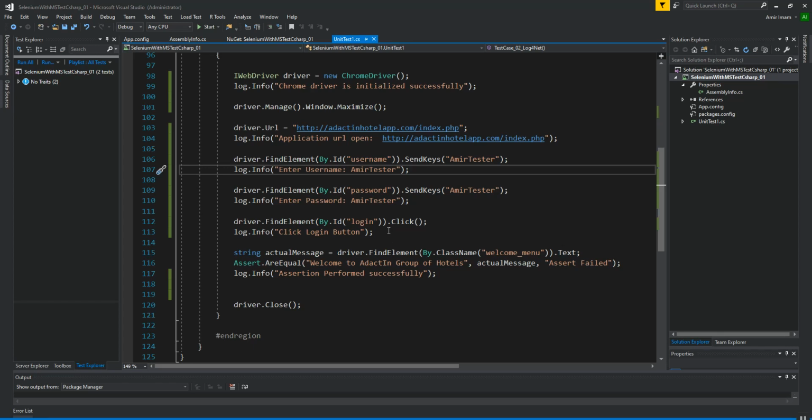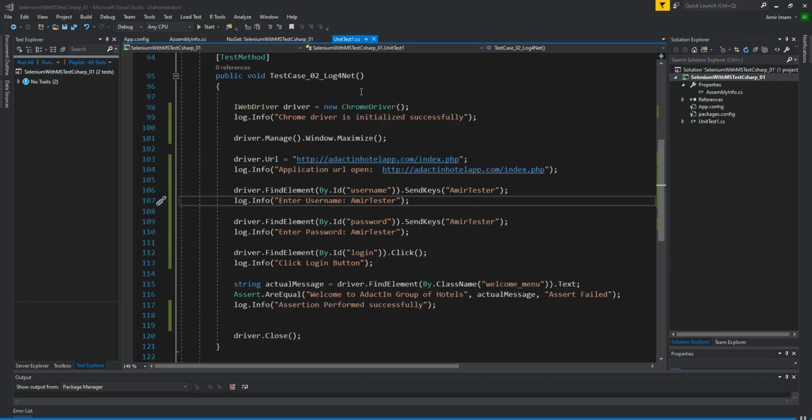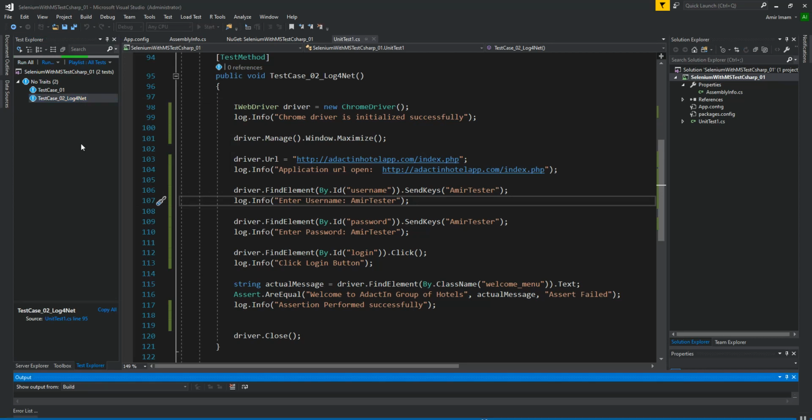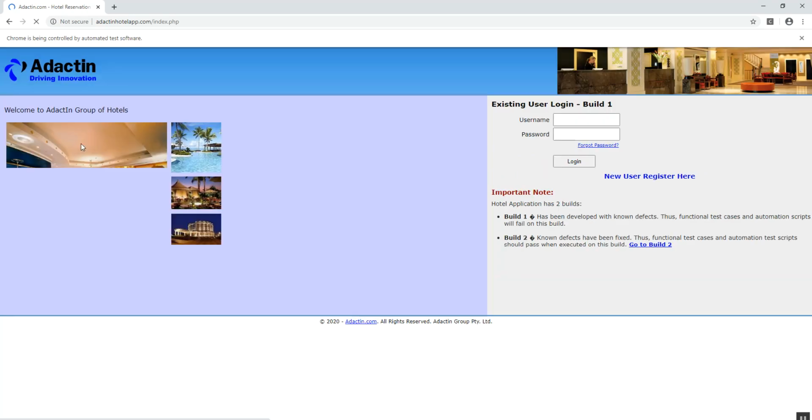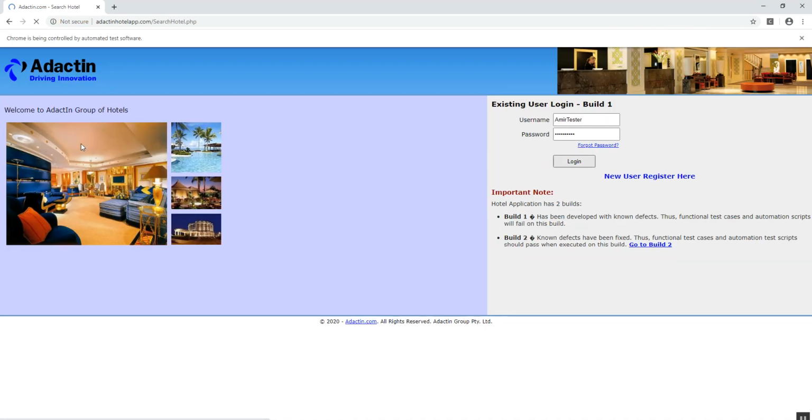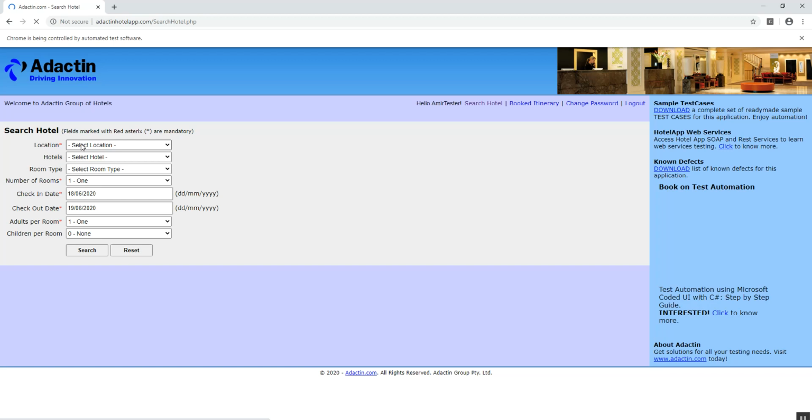So I'm going to execute this test and check if it is logged or not. So this is my test case to log4net. I'm going to right click and run this test. So the test starts execution. So it is executed.